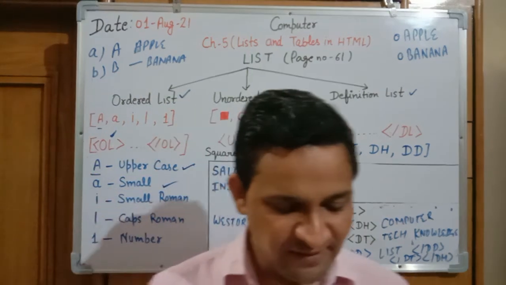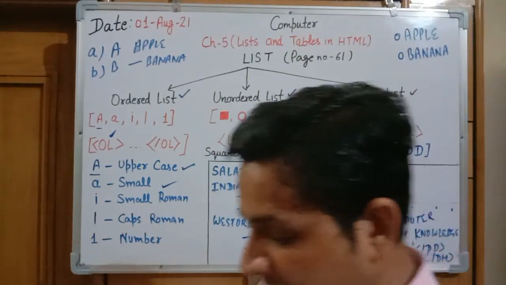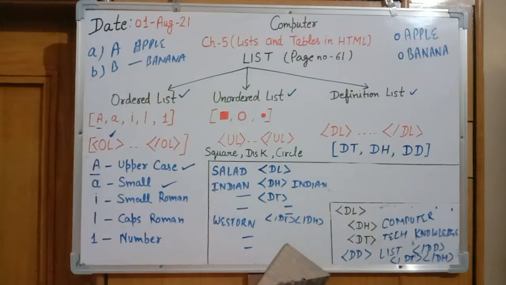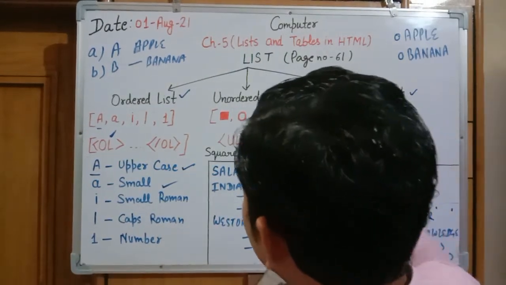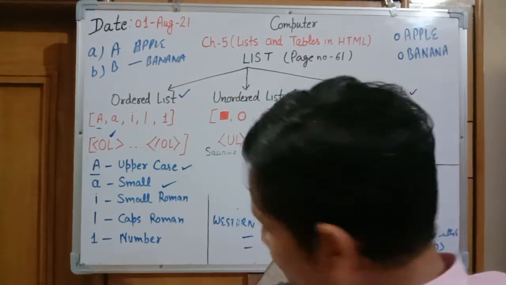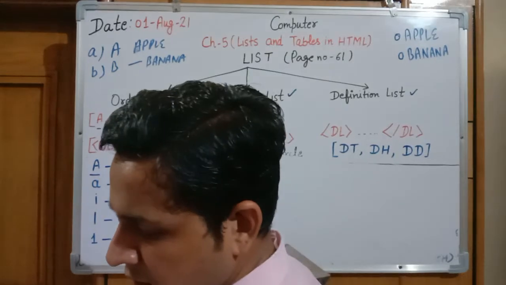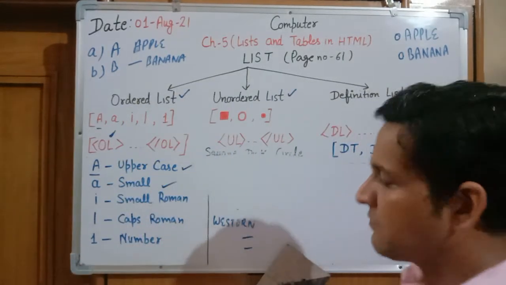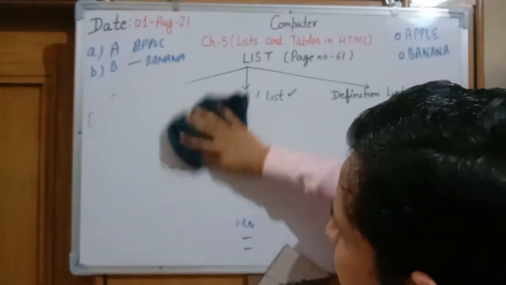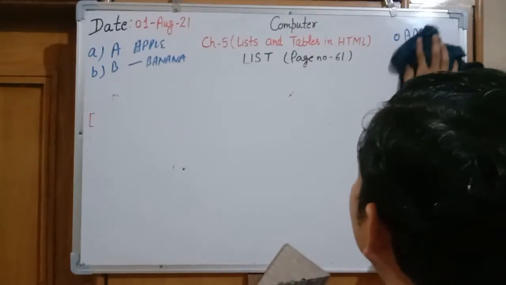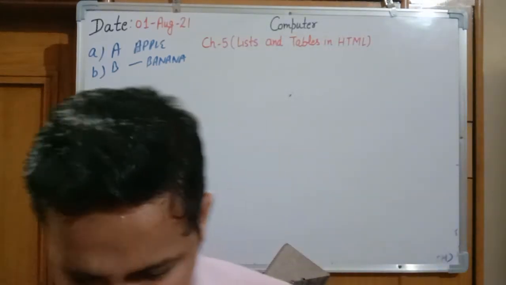Program starts with HTML. In HTML, head tag is written. In head, title is written. You know very well HTML head title. Afterward, body tag has been started. In body tag, what have they done? P align equal to center. What is the meaning of this? Paragraph we are writing, and paragraph will be aligned in the center position.